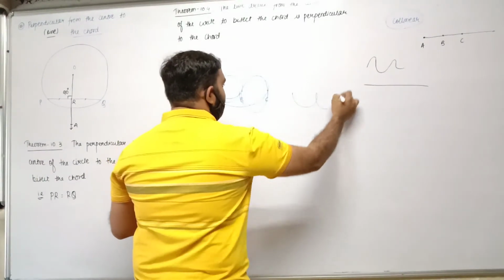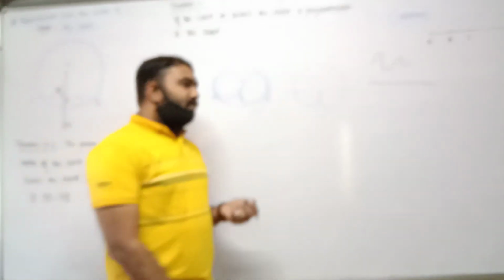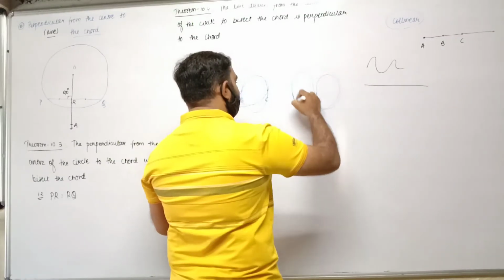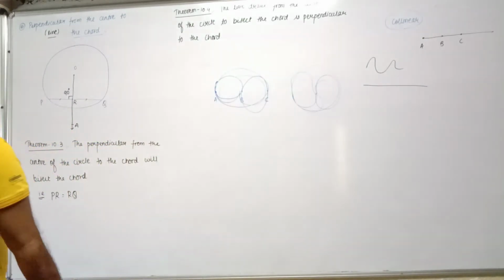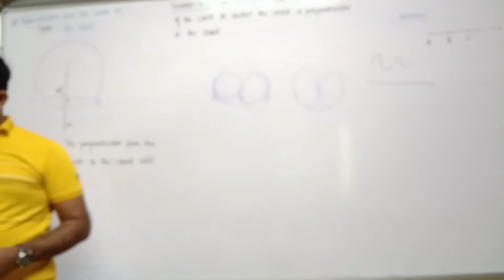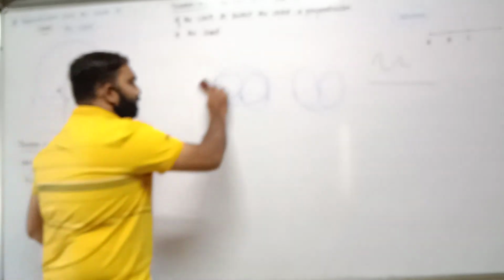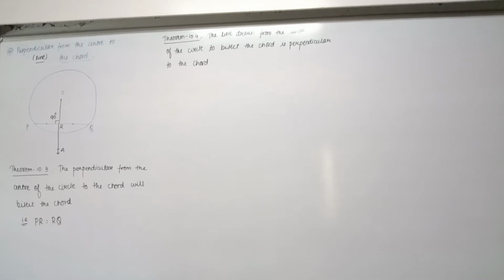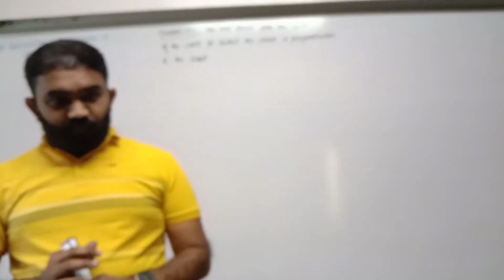Because if you draw it like this, then this is not a circle. Neither can you join it like this. We are not going to draw a path there, we are going to draw a circle there. So that is not possible. These kinds of figures are not possible for a circle. So can you say that a circle passes through 3 collinear points? No. So, is it possible to draw a circle through 3 collinear points? No.